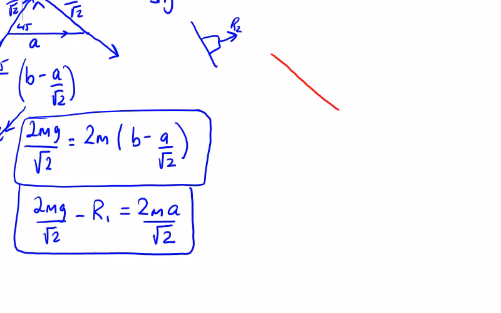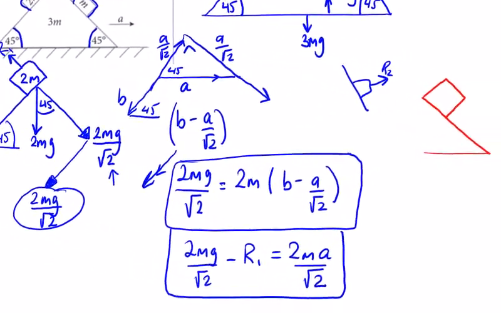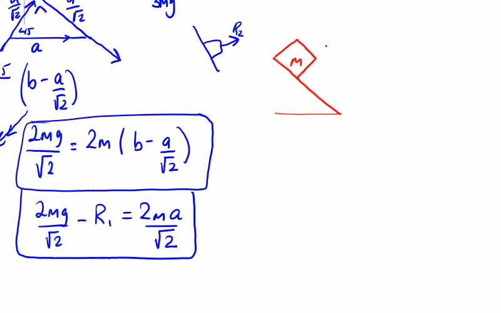So let's look at our other side of the wedge. Got my particle, m, on that side. We said the acceleration was going to be C. We've got an A as well. We have mg coming down, and we have a 45-degree angle, and we have our R2. So coming down in this direction, I'm just going to color this angle in and write 45 here. We know that's 45. So again, because of the 45-degree angle,